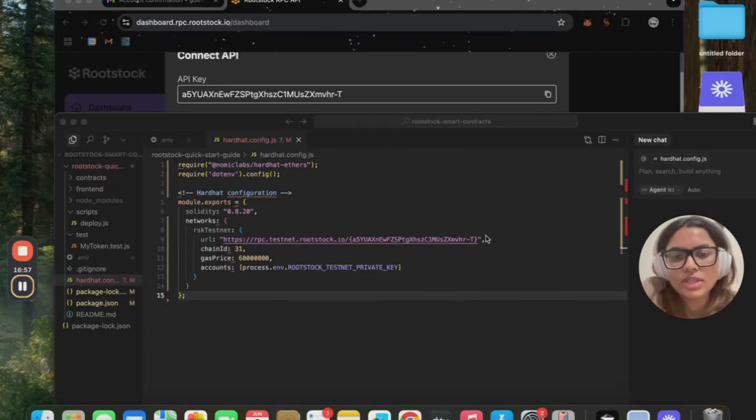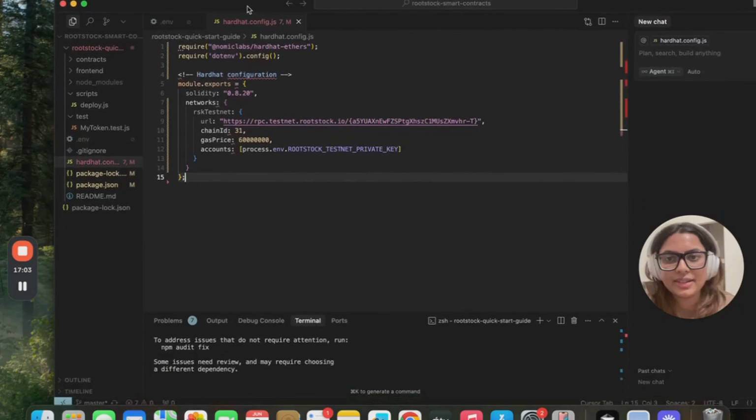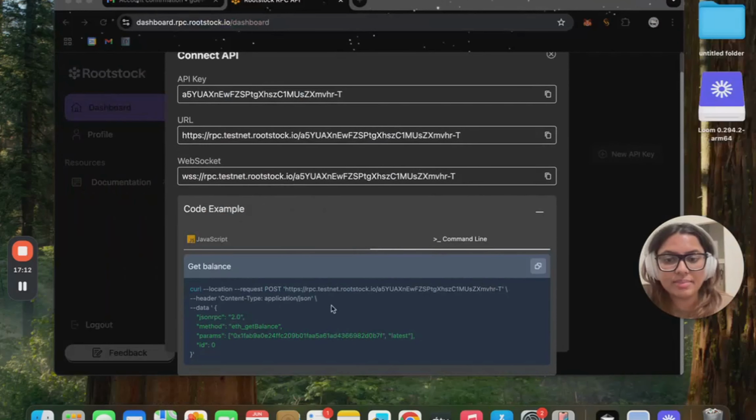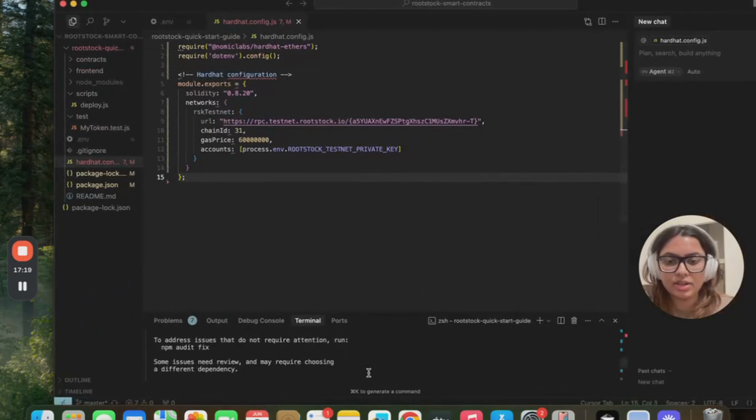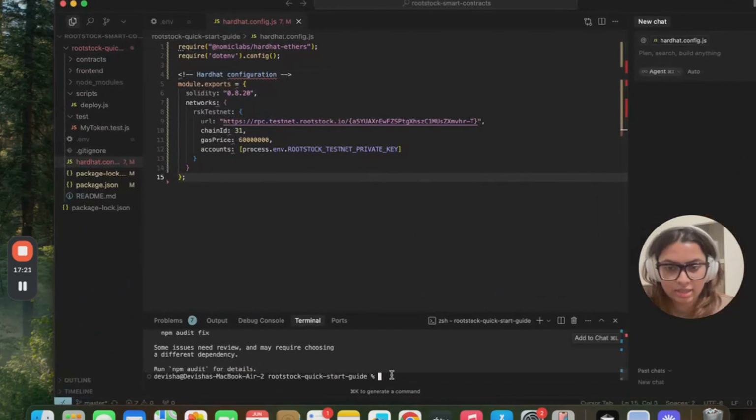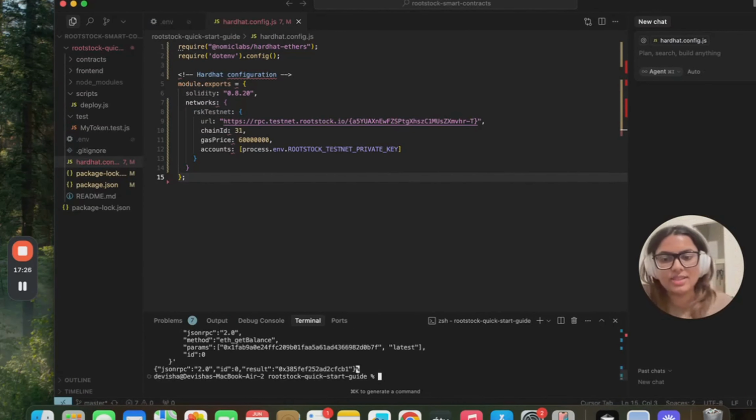Yes. Once you have added your testnet API key here, you can run your first API call using this command line. Just copy it and run it on your terminal. As you can see, we got this result. That means the API key was successfully